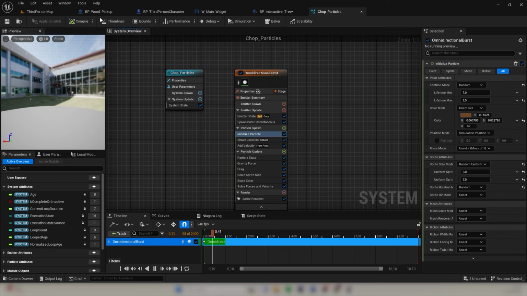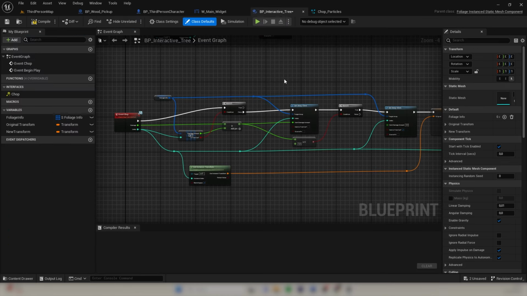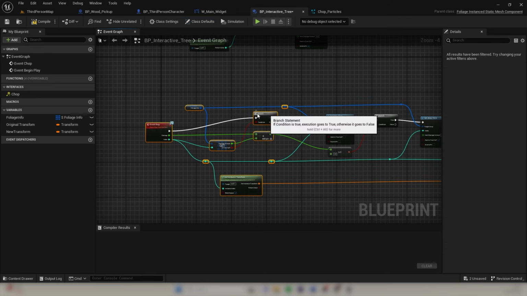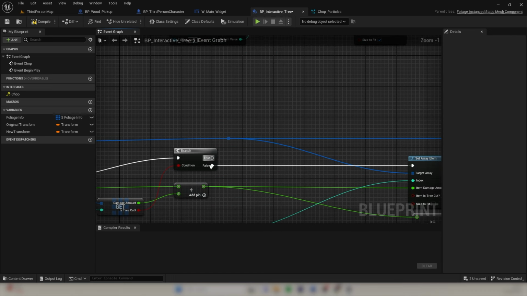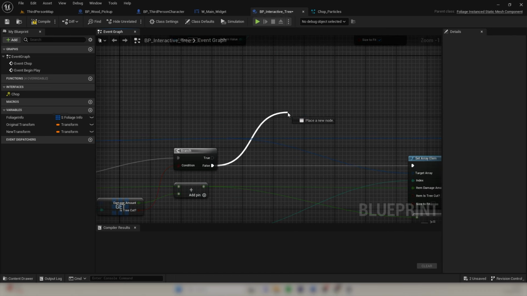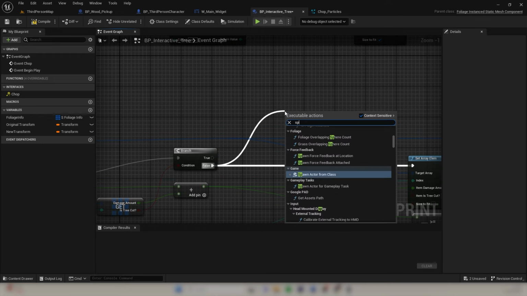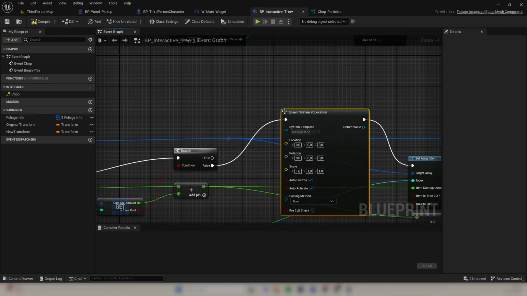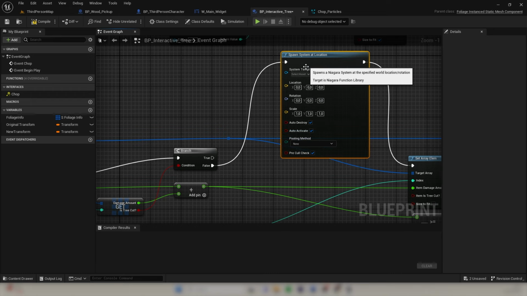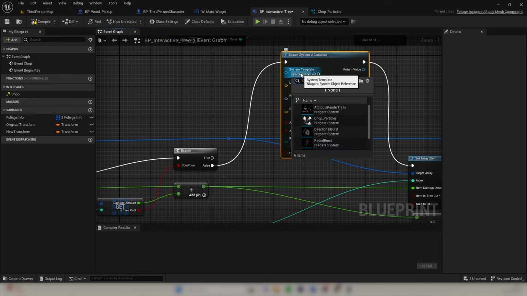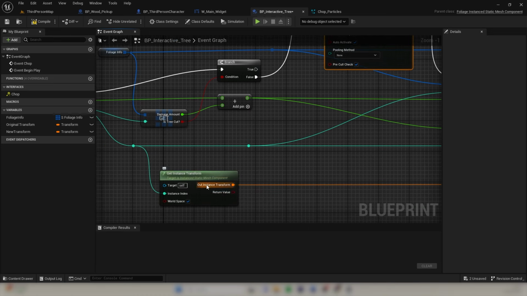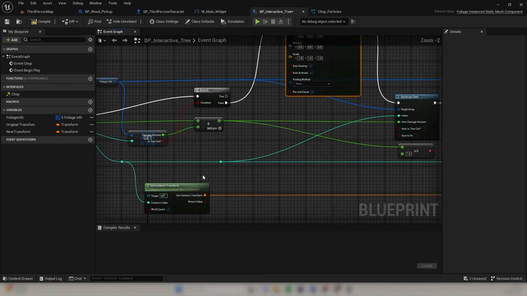And now to use this emitter, we're going to the interactive tree blueprint. And here between the first branch and first set array element nodes, we're gonna add the particle system. So to do this, from the false output, search for a spawn system at location node. And then here where it says system template, search for the chop particle. Now for the location, from the instance transform node,